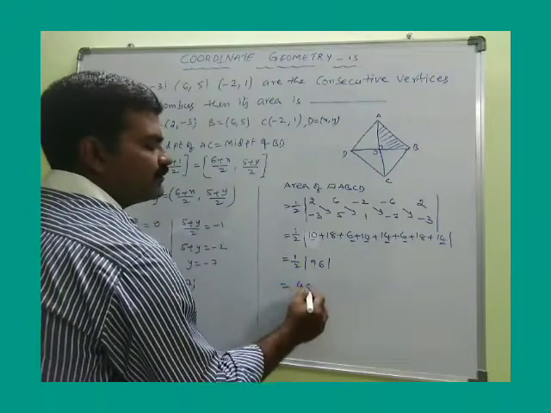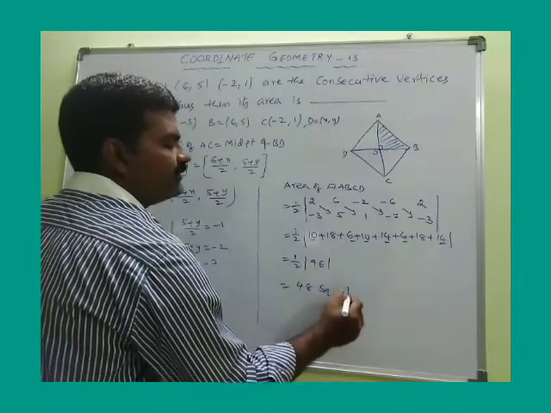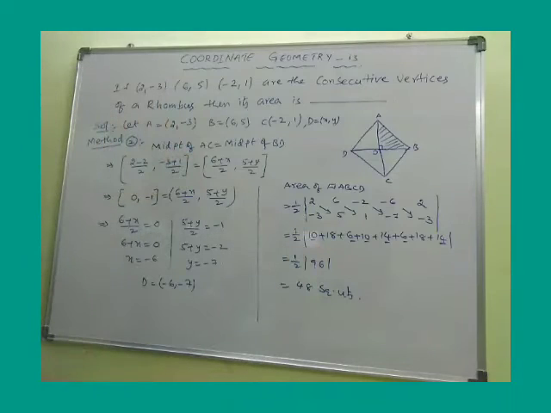So once again, 48 square units. So this is the common method for any quadrilateral. Not only quadrilateral, if it is having 5 vertices or 6 vertices, I mean pentagon, hexagon, octagon, whatever it may be, this is irrespective of any formula, you can utilize it.